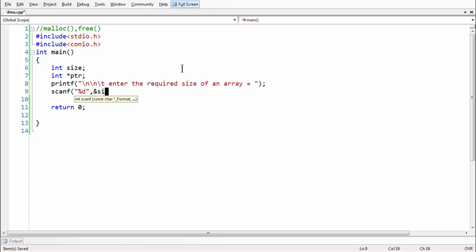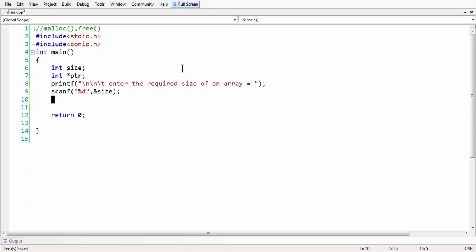Size is what we have scanned here. Based on this size, this length, we allocate just that many bytes of memory, and we build an array. Here we are going to build an array dynamically at runtime. That's the reason the malloc function, or dynamic memory allocation, is also known as runtime memory allocation.